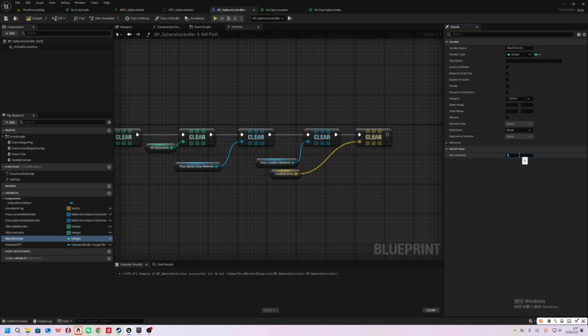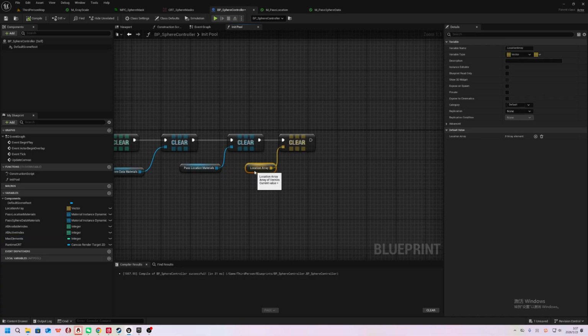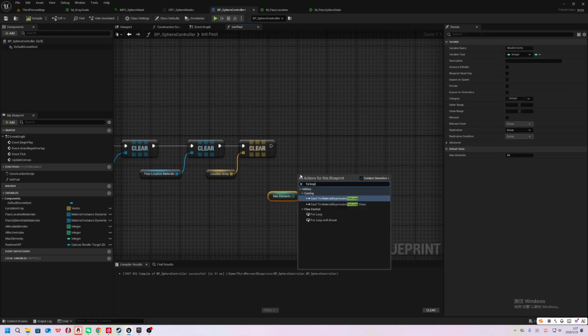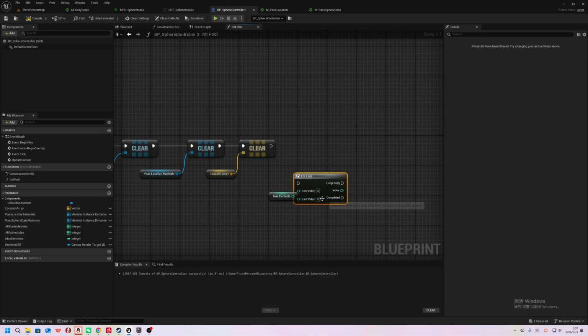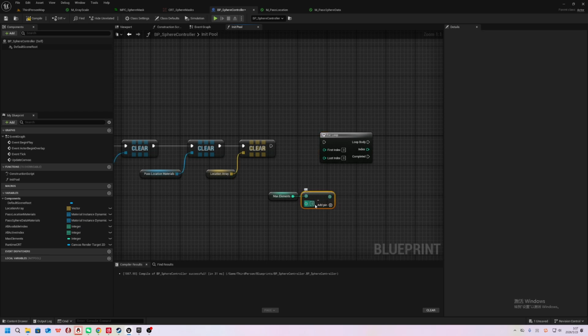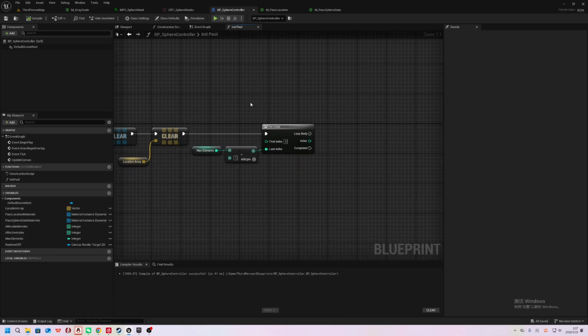Oh, our MaxElements is 64, and do a for loop, because we have 64 elements, right? So subtract 1, compile, and